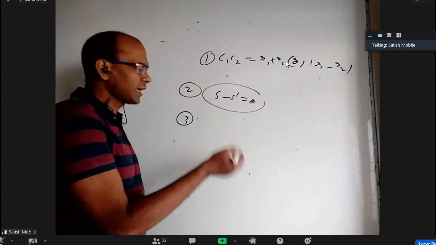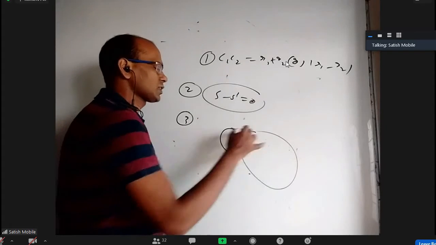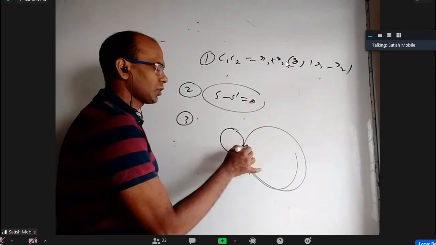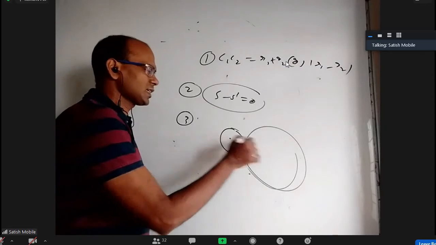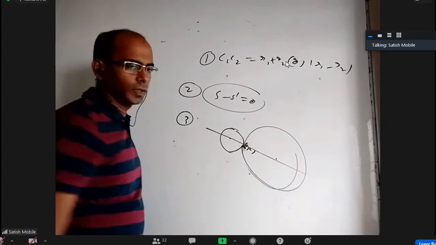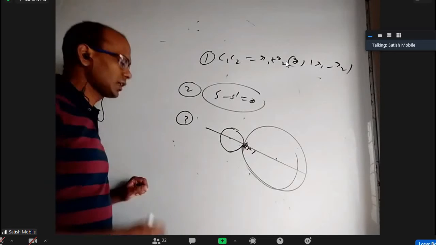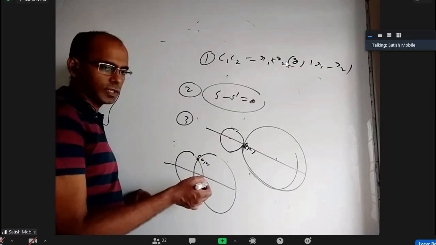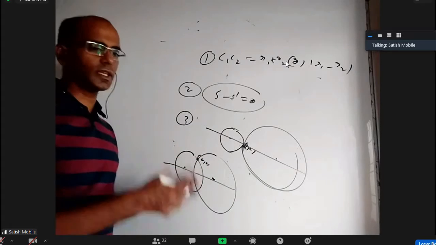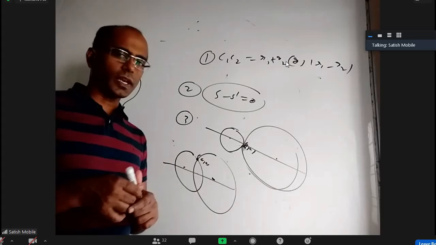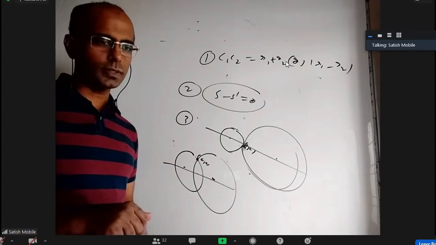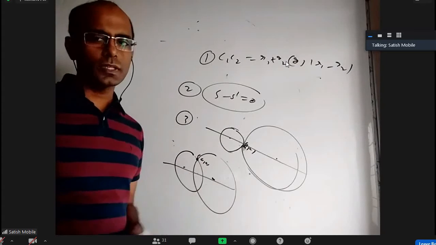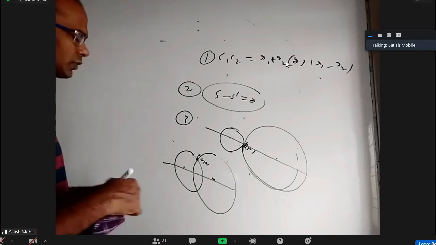The third method is, sometimes you can notice that the two circles are passing through the origin. If they're touching and both are passing through the origin, it means the origin should be the point of contact. Then this center, this center, and this point should be collinear. You apply the collinearity condition, and that is sufficient to show they're touching. Otherwise, if they're not collinear, the origin may be one of the points of intersection of the circles, but the centers are not collinear, which means they're intersecting. So if I can identify one of the common points of the two circles, they may be intersecting there, or they may be touching there. For that you can use collinearity along with the centers. Okay, you can do it that way also.